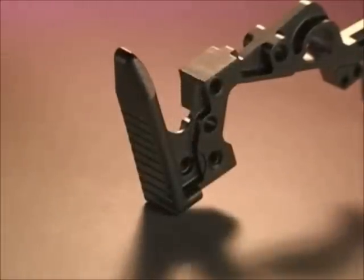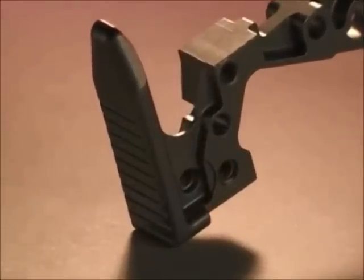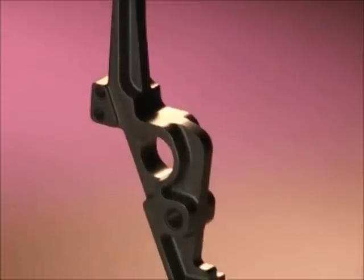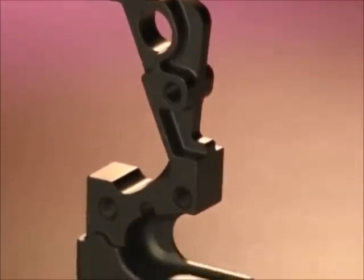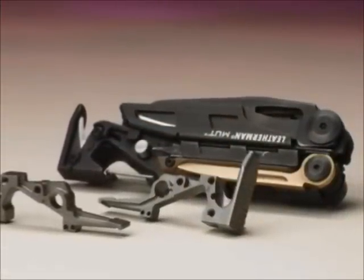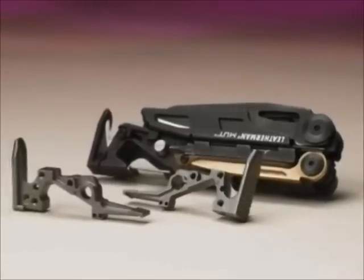It is formed to a density of 7.5 grams per cubic centimeter and has an ultimate tensile strength of 175,000 psi, yield strength of 158,000 psi, heat-treated 35 to 40 HRC hardness, and a minimum 6% elongation. Secondary operations include threading 2 tapped holes, age hardening, and glass bead blasting, and an optional blackening treatment performed by